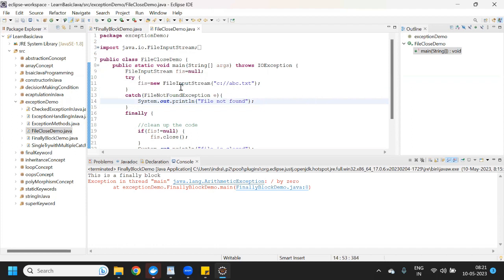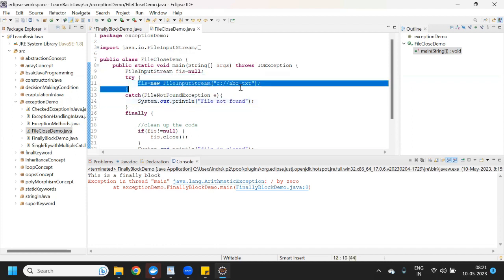So what is happening here? Let's say we are opening the sheet. We have opened the sheet, and after opening, we are reading and writing the data, right? And after reading or writing the data, we are closing the sheet, right?